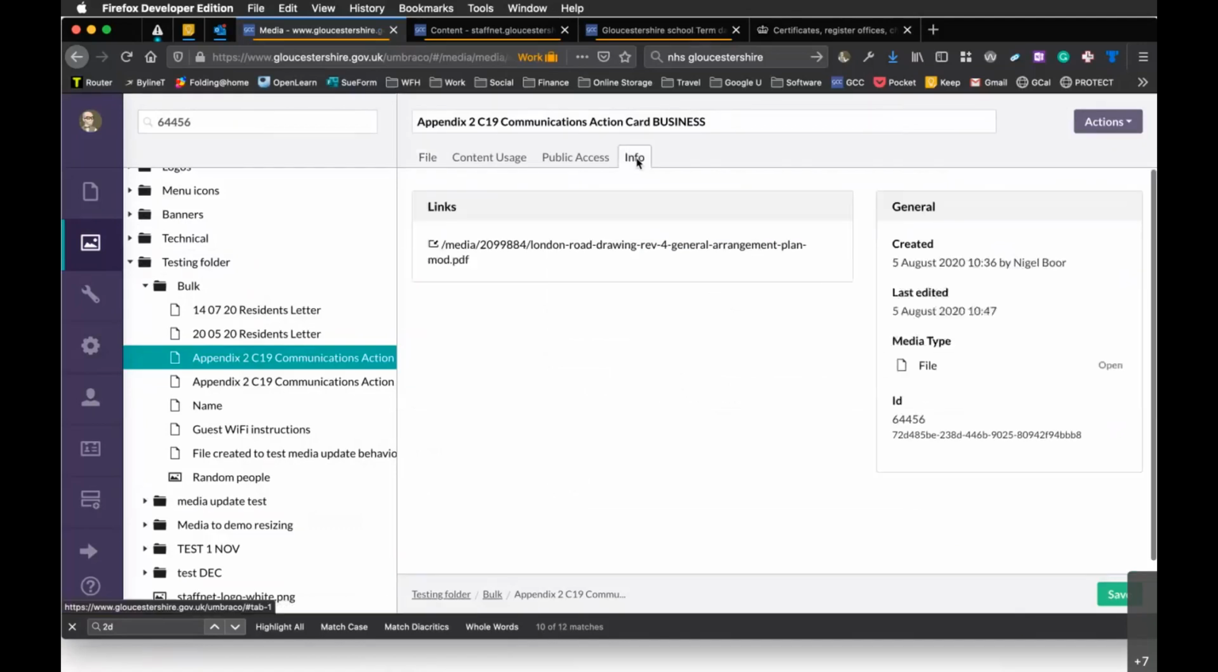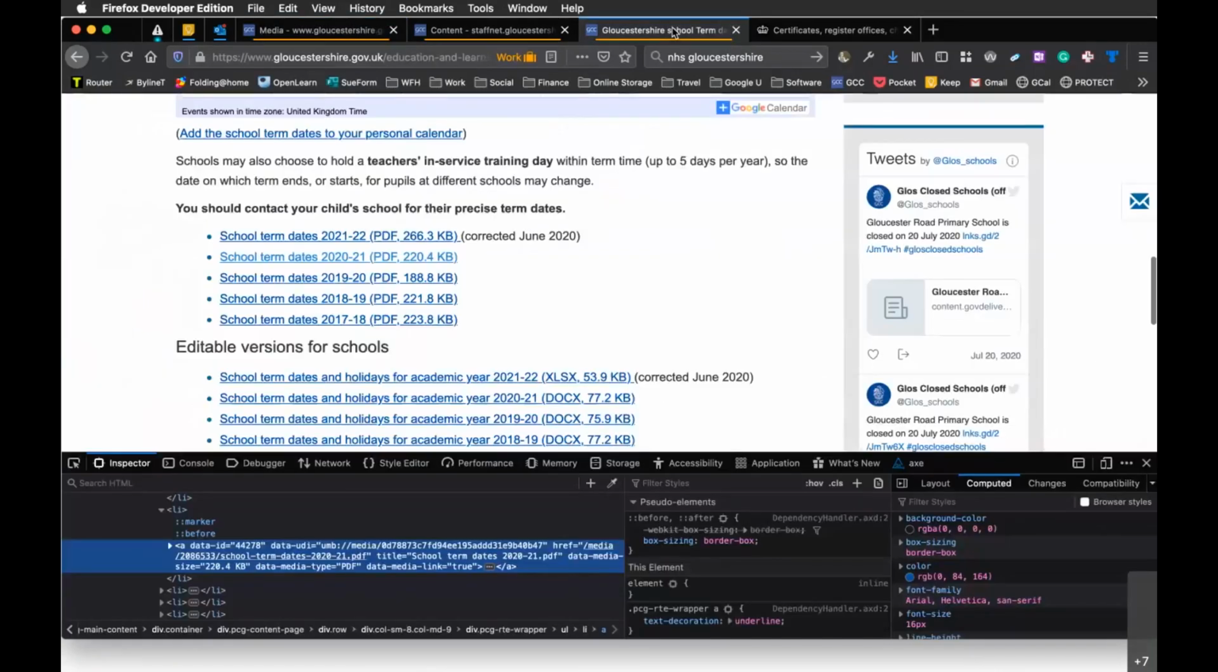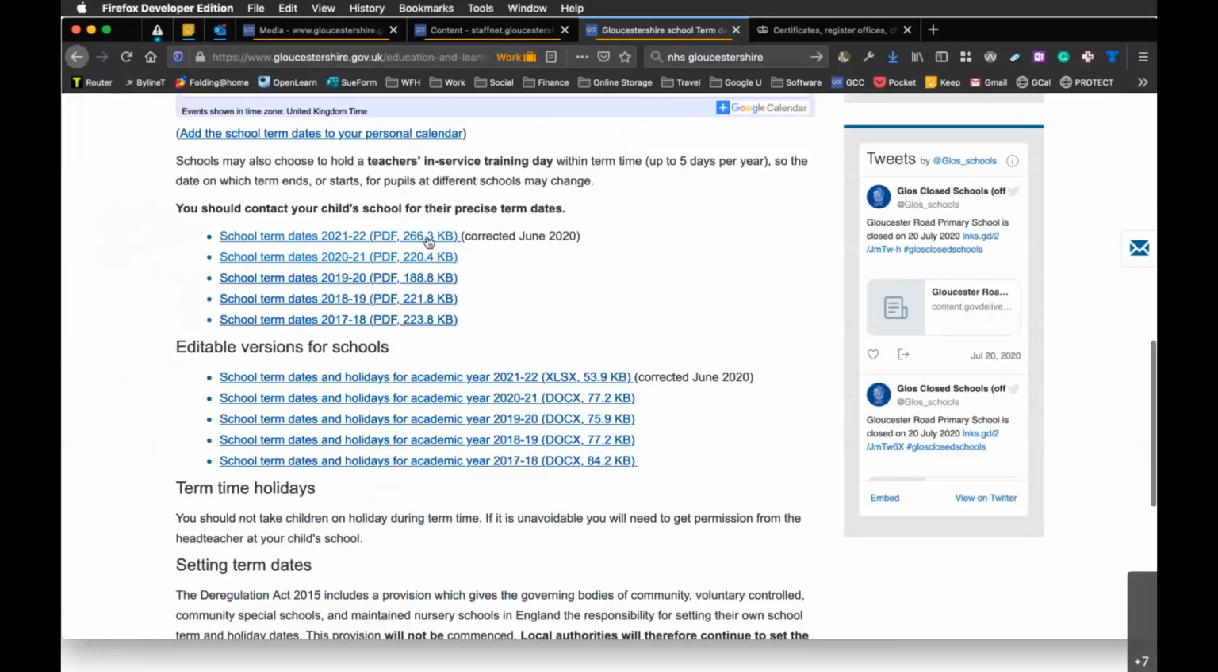It's still got the same index number, 64456, this one, but it's a new file. And the beauty of doing it that way is if I update this one and then save it, this link here, if I hover over that, you see on the bottom left-hand corner, it gives you that link to 2096099 school term dates. That link will update itself automatically to, if it had said 2021 revised, let's say, .pdf, that will have